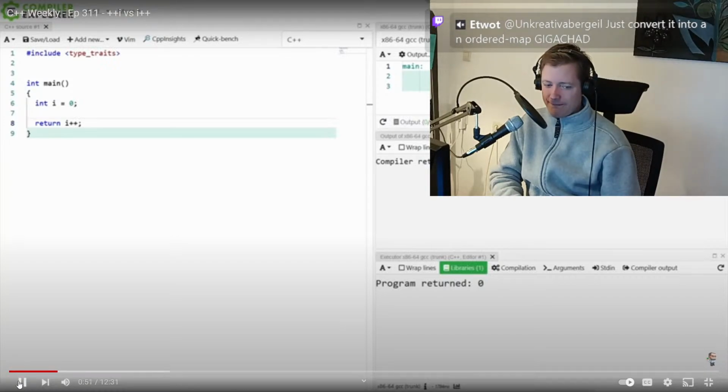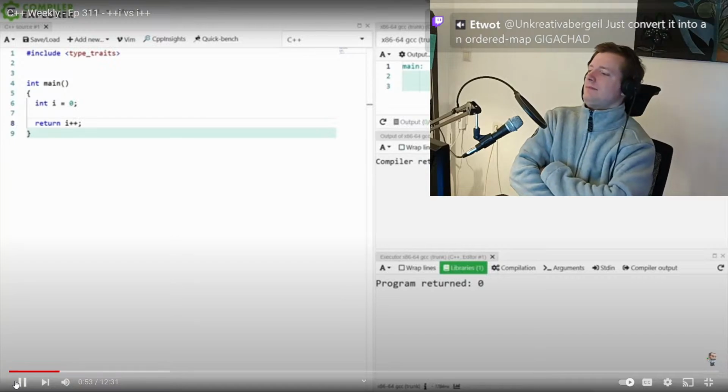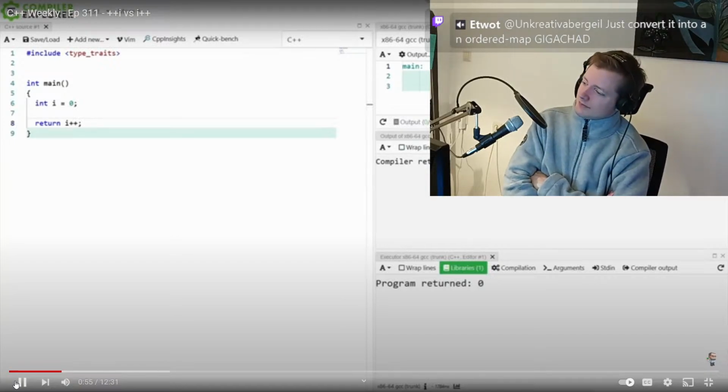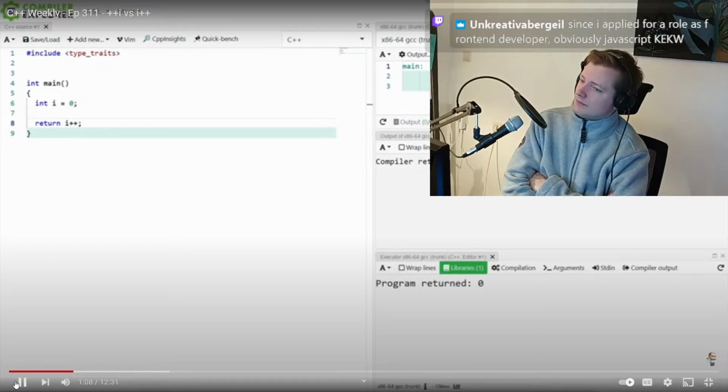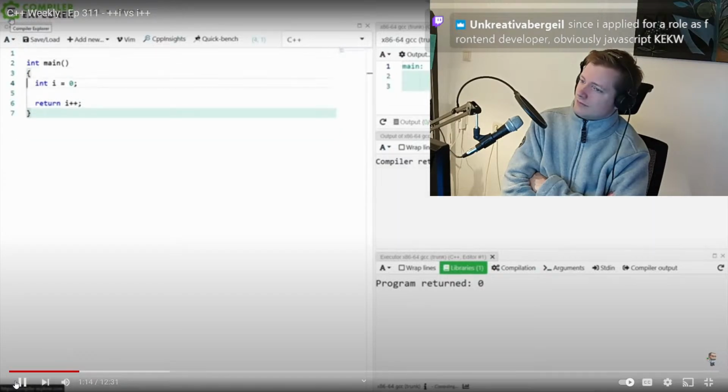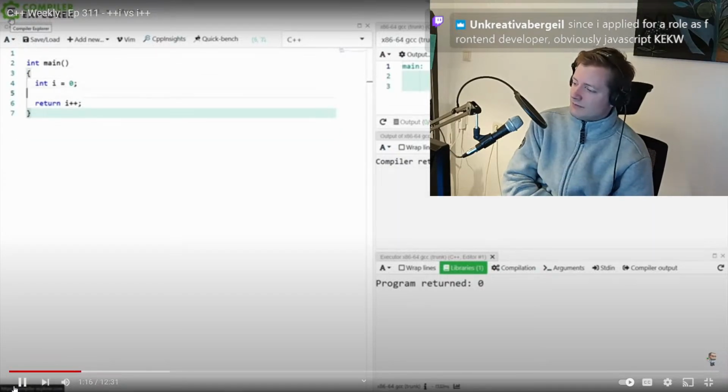interchangeably, but they actually have quite different semantics. And I think it's important to understand the difference in the semantics between them, as well as understand any difference in your code generation plausibly from using them. So let's just go ahead and look at this example where I have an int i equals 0 and